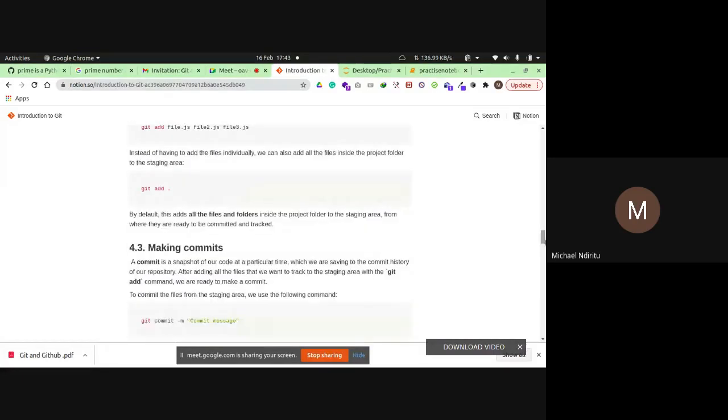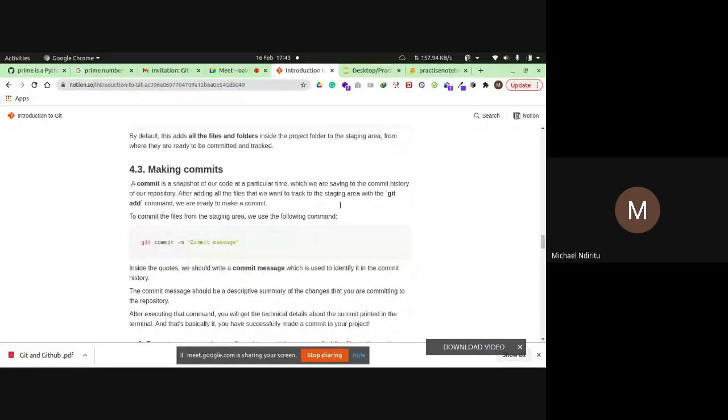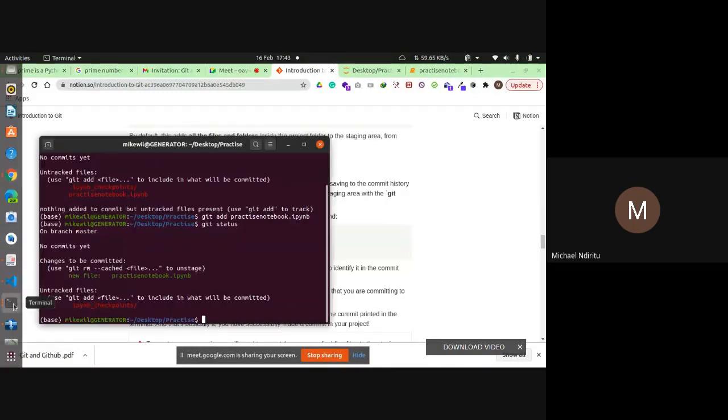So after staging, what we want to do is commit the things that we've added in our staging area. So this is how you do it. Git commit and then a message.